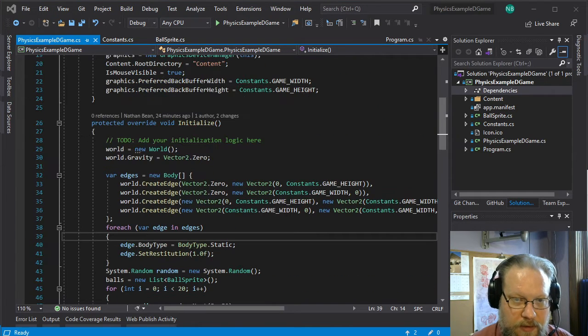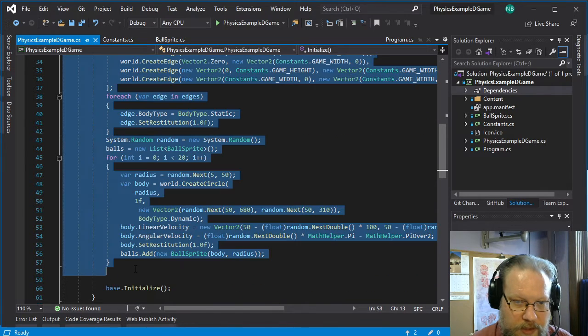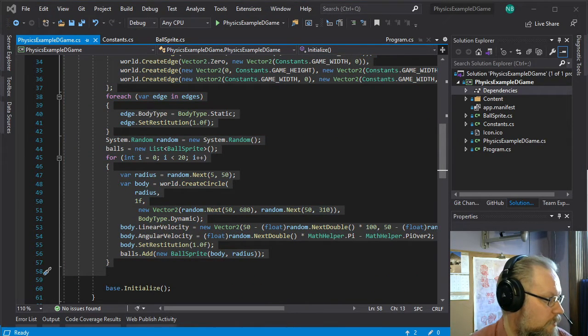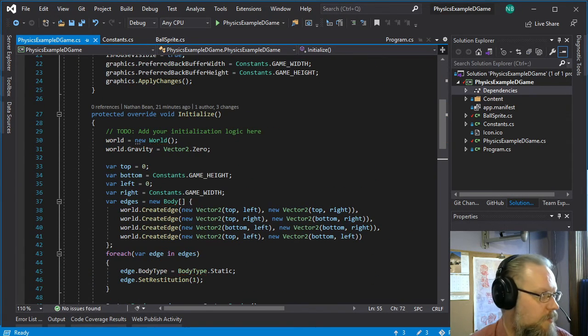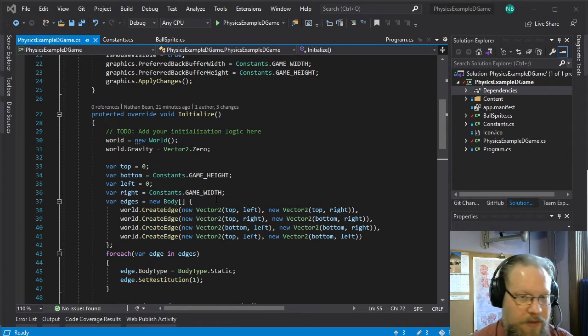Not seeing anything different from what I just did in this example. So I'm not quite sure why it's not behaving. But let's go back to our example. Pop our changes. Okay, so we have a world, we set our gravity vector, we are creating